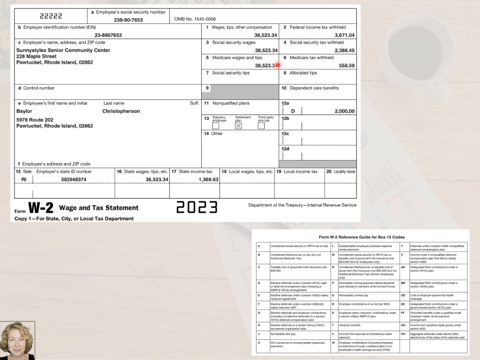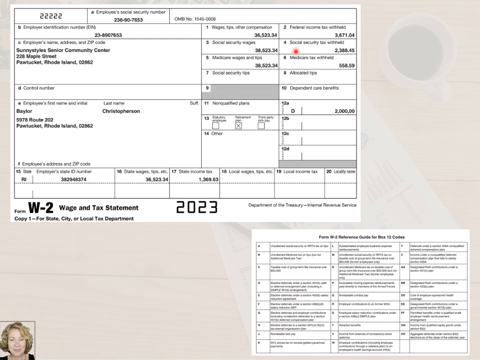Box 3 and 5 contain the Social Security and Medicare wages. Note that these two boxes contain a higher amount than Box 1. Baylor has a retirement plan into which he contributed $2,000 during 2023, which were not deductible in calculating the FICA wages.